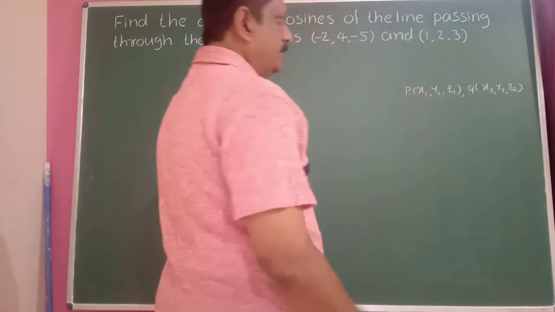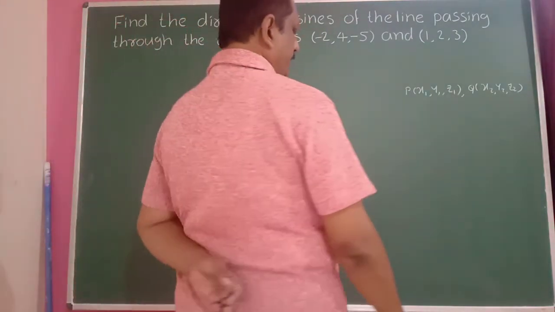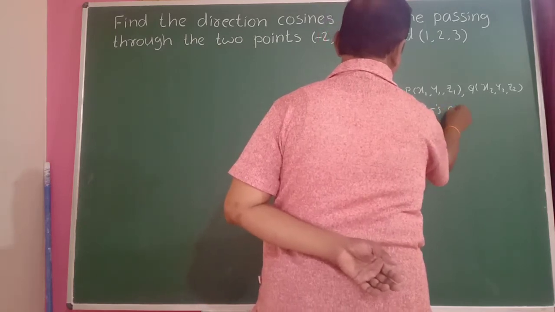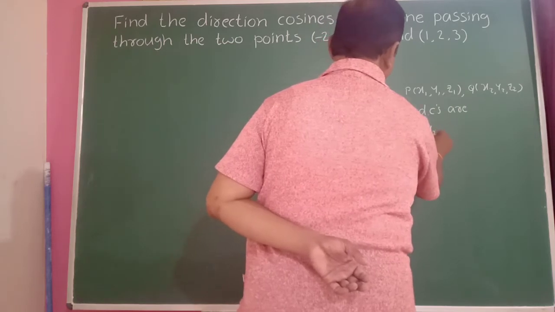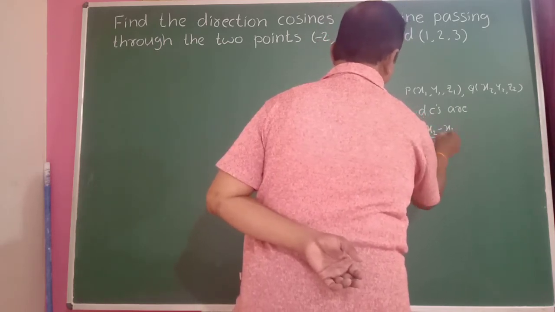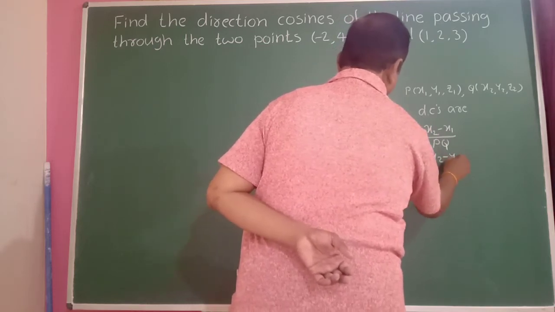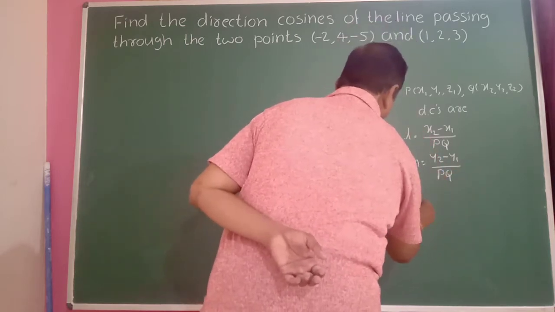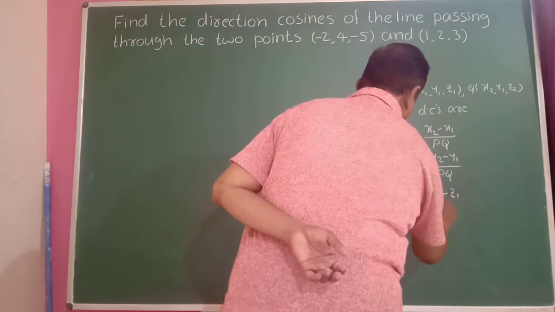The line joining the 2 points P and Q. Then if you want to find the direction cosines here, in that case direction cosines are l is equal to x2 minus x1 divided by PQ. Then m is equal to y2 minus y1 divided by PQ, and n is equal to z2 minus z1